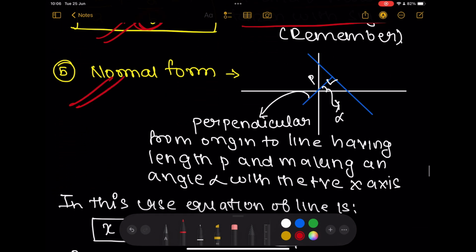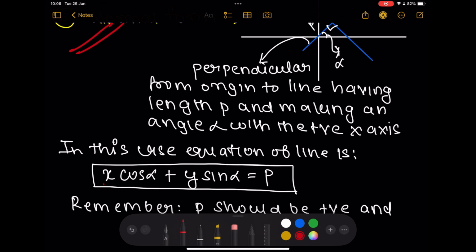Normal form, this is less used nowadays, but in old questions, I think JEE 2001, 2002 and all, they were asking this. But right now, I don't think they are asking. In the PYQ book, when I solved it, I did not find many problems, but you still need to know. So basically the normal form is something like this: x cos alpha plus y sin alpha equal to p, where